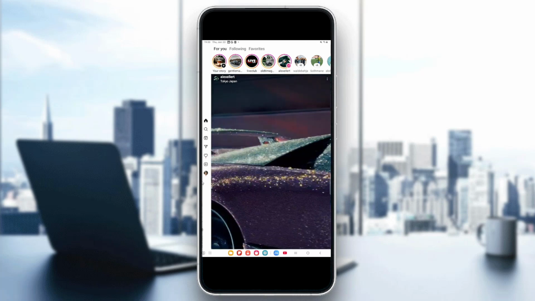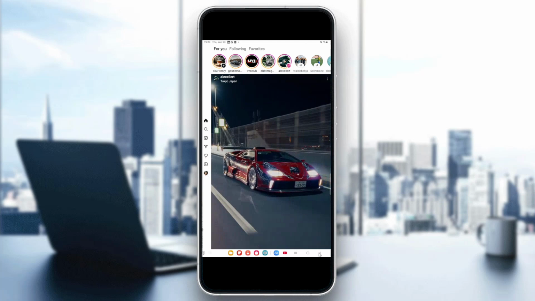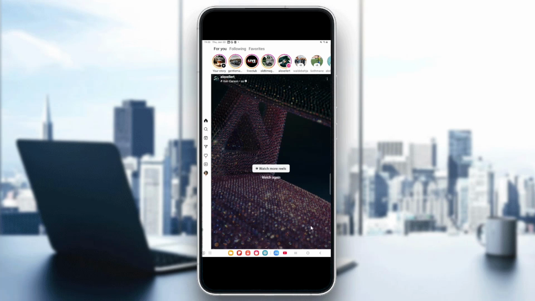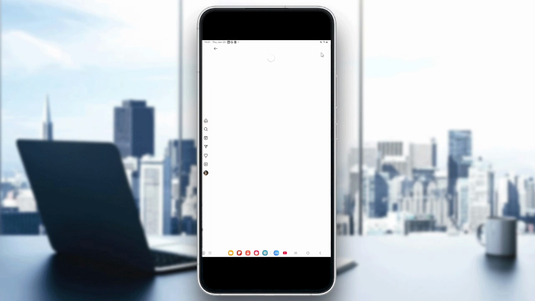Because I'm using a tablet, it's another layout, but you'll find it here in the bottom right corner if you're using a regular phone or an Android or an iPhone. Now let's click on it. After that, click on the three horizontal lines on the top right corner right here to access the settings,